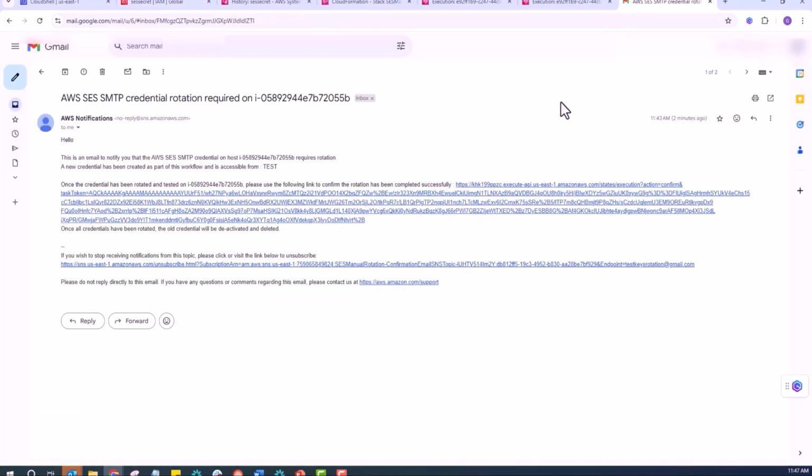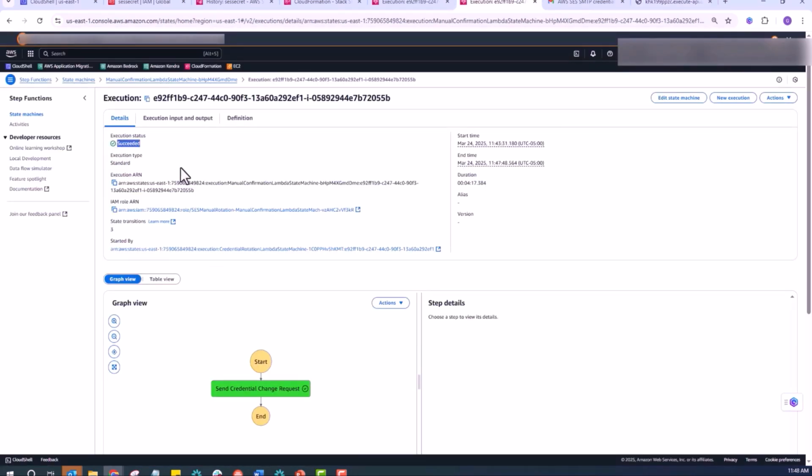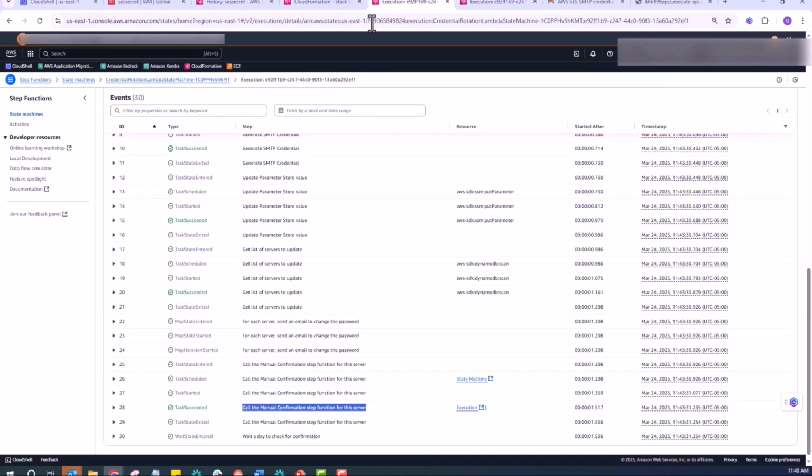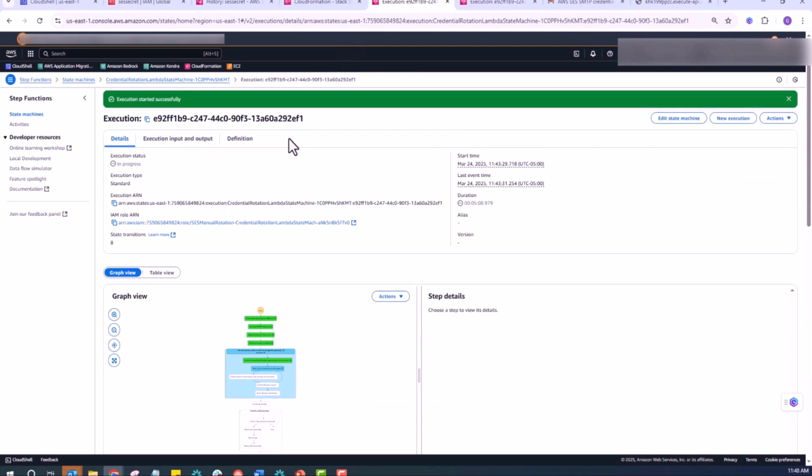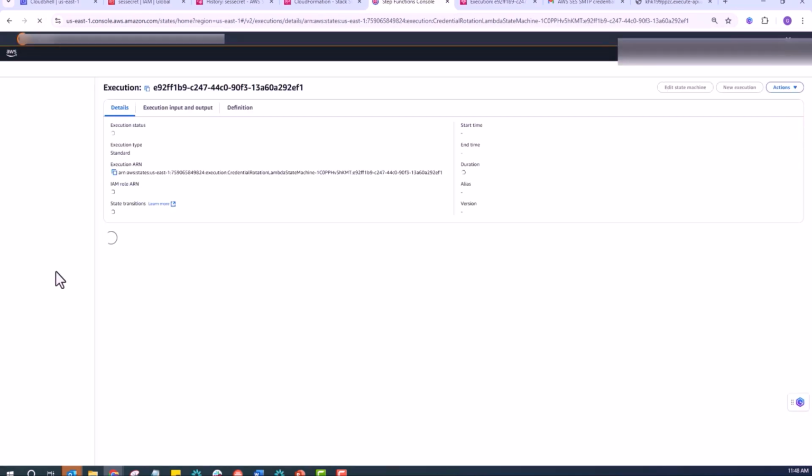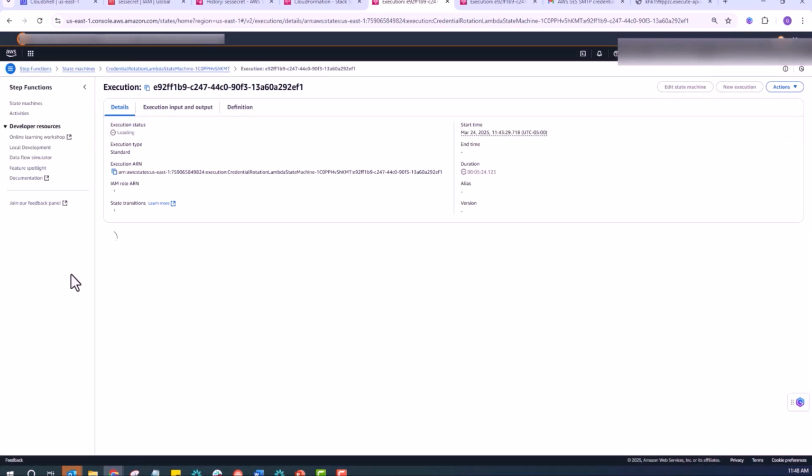Assuming we have updated the keys in our email server, I will now manually go and click the confirmation link in the email notification we received. As we can see the confirmation message here, this confirmation triggers the next phase of our rotation process. So back at our step function console, we can see the manual confirmation execution has succeeded. Next, we go to the credential rotation step function and refresh the state machine to check the events. As the manual confirmation execution has succeeded,